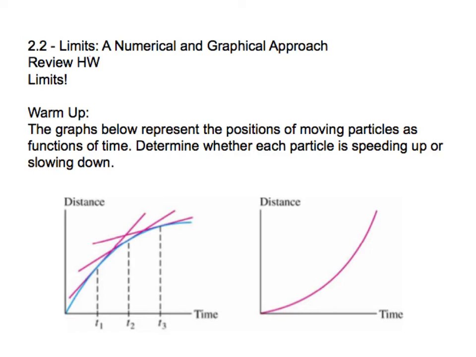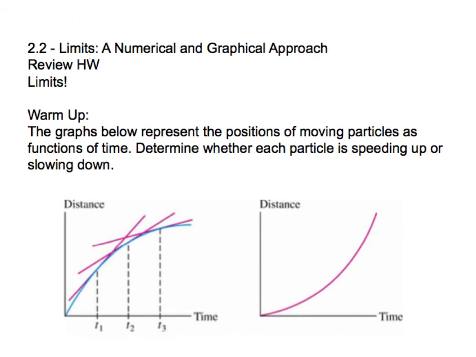All right, today we're going to look at 2.2, a numerical and a graphical approach to limits. Graphs below represent the positions of moving particles as functions of time. Determine whether each particle is speeding up or slowing down. We're going to take a look at the rates of change in terms of the tangent line. The first one has tangent lines sketched for you, and you can see that